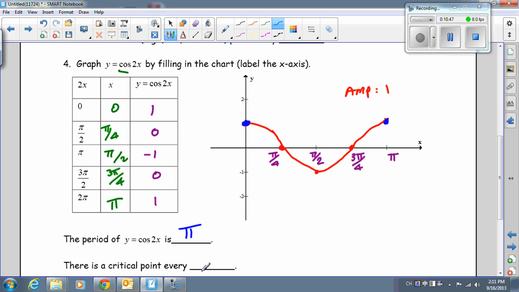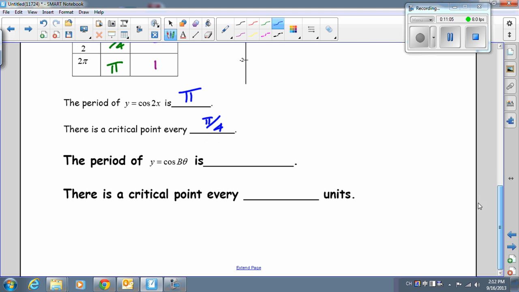Now, there's a critical point every, we need to check. Every from 0, here's pi over 4, here's pi over 2. Obviously, it's every pi over 4 units, knowing that this is 0, of course. Now, the period of y equal cosine b theta, if you look on the bottom, the period of y equal